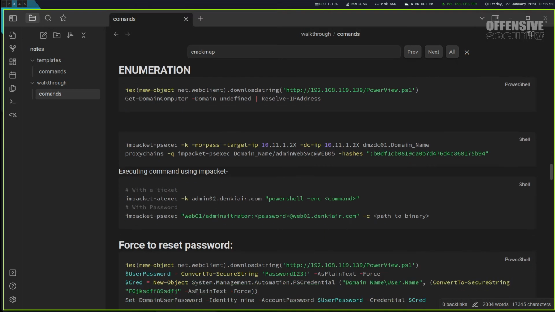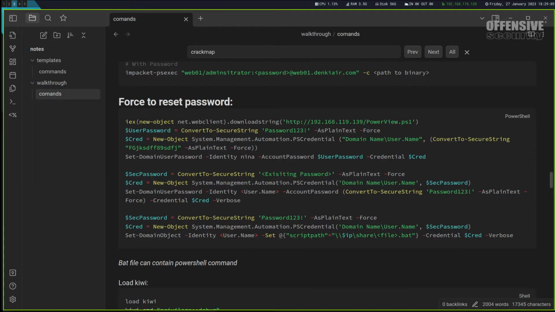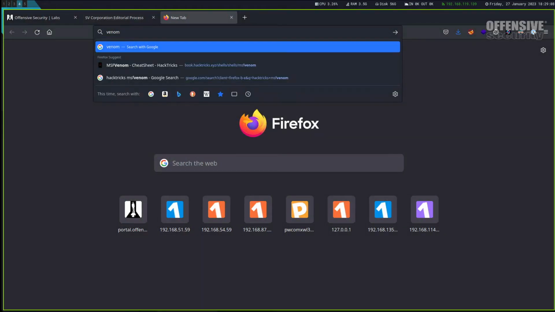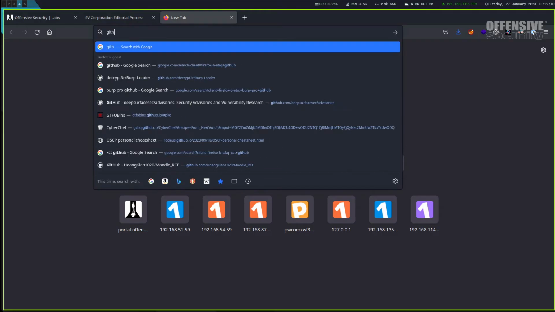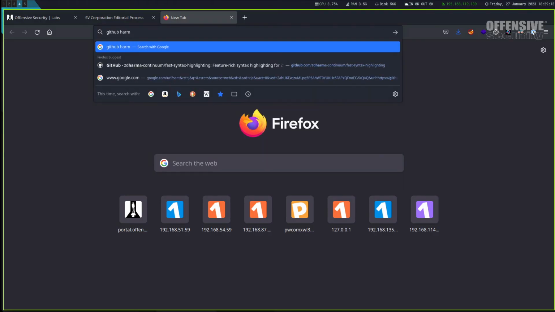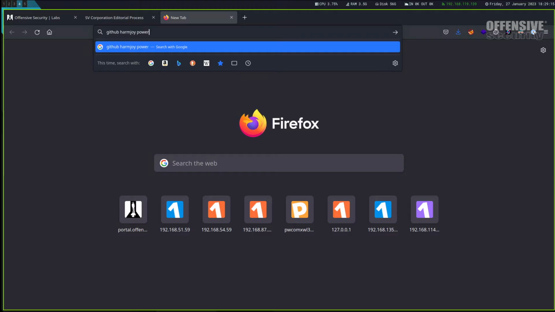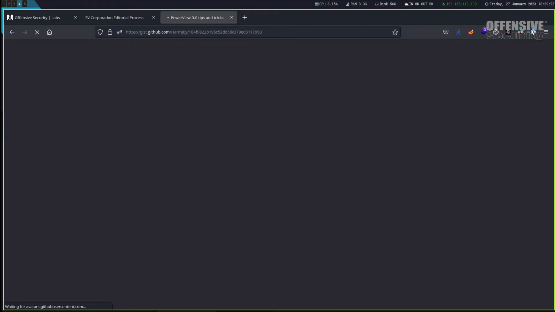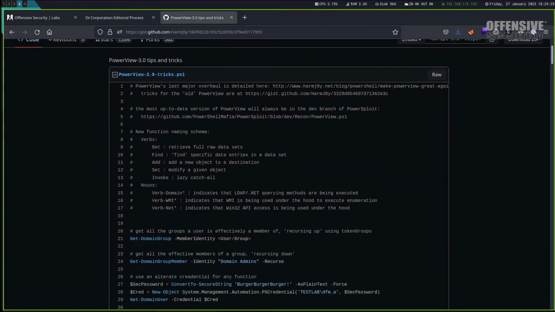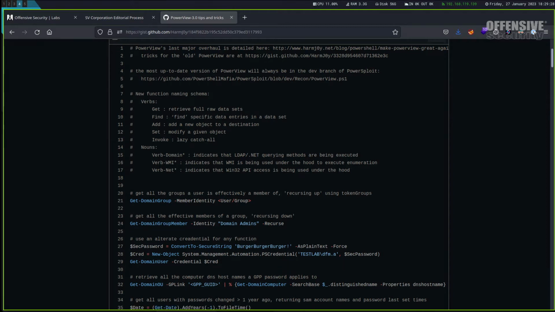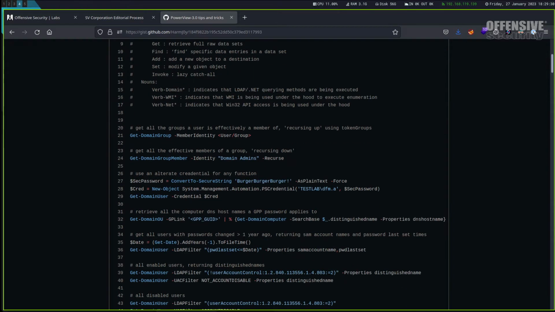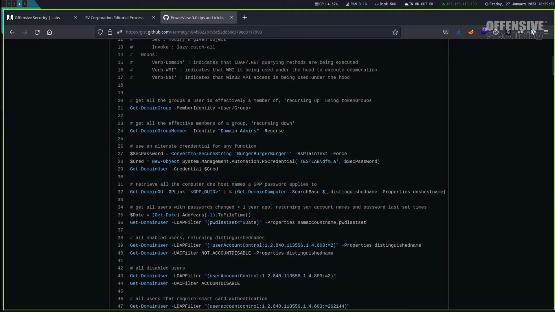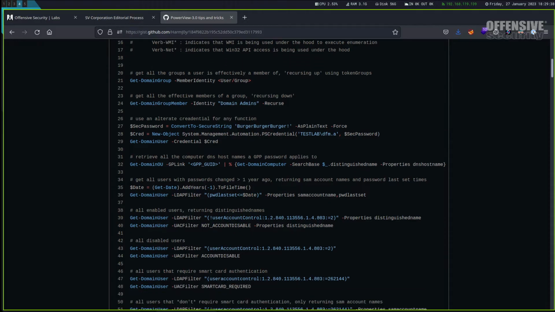Just gonna grab it from here. Otherwise, I'm just gonna open up that. Let me just grab that. So it's yep, this one. This is a good one, and we can quickly just use this. Get all the groups a user is effectively a member of. We can try this on Tris because we know that that's a user. Then